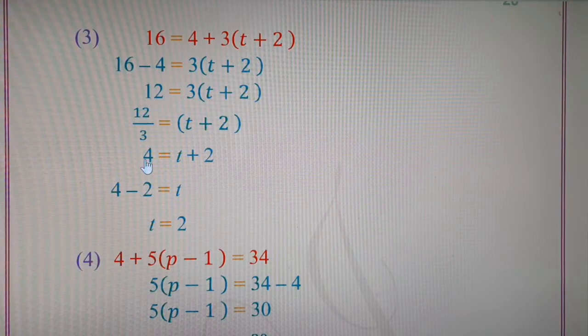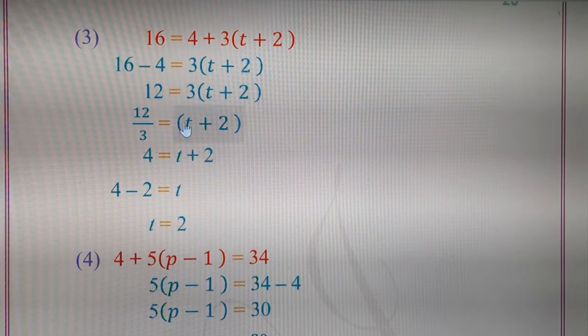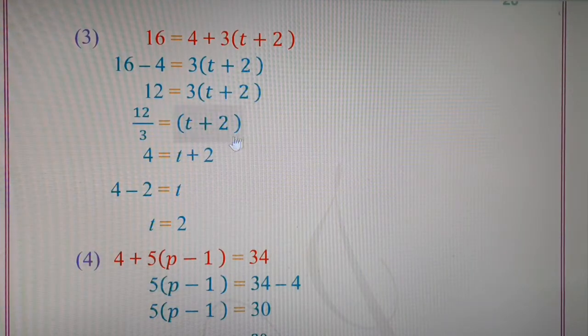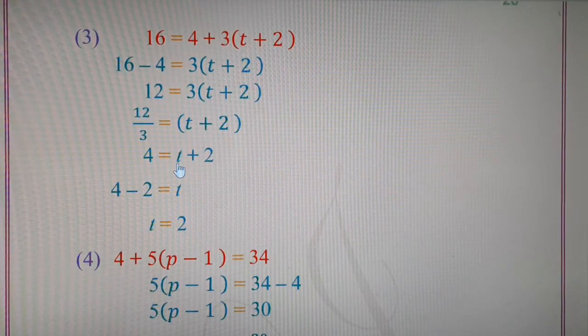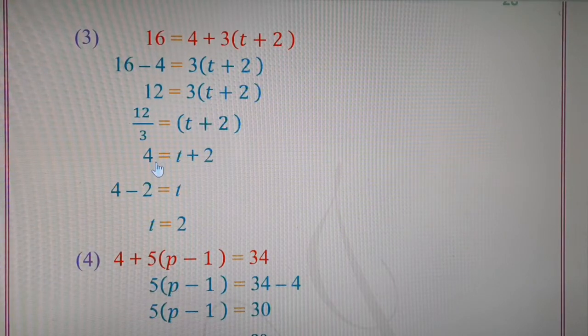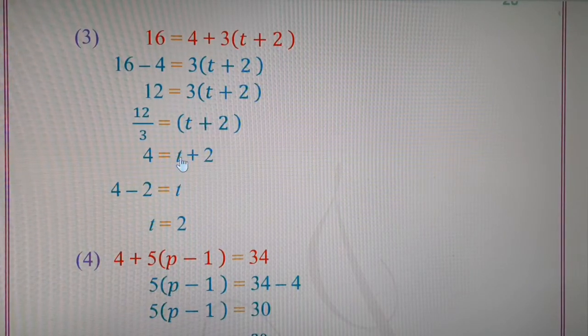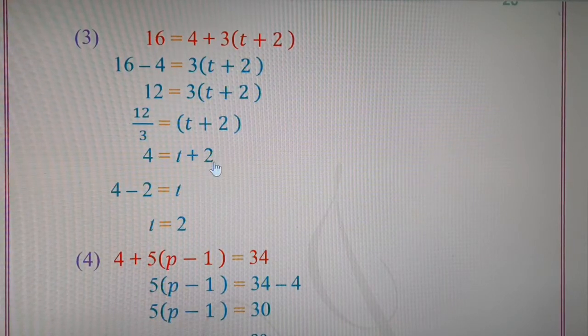So in the left hand side we will copy 4, and in the right hand side we will copy t plus 2, but we will remove the bracket and then we will solve further. So t + 2 = 4 is our next step. Now plus 2 we will transfer from the right hand side to the left hand side because we have to find the value of t. Hence t has to be kept alone, and all the neighboring integers or alphabets or constant terms have to be transferred to the other side or opposite side. Since t has to be kept alone, plus 2 will transfer from right hand side to the left hand side.